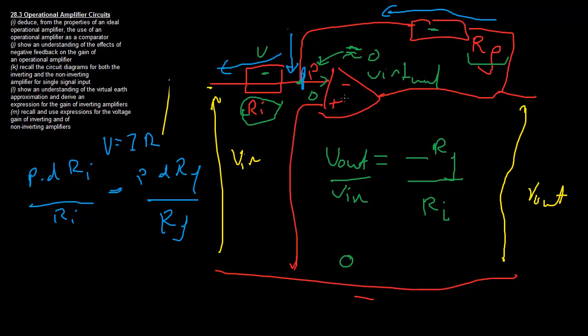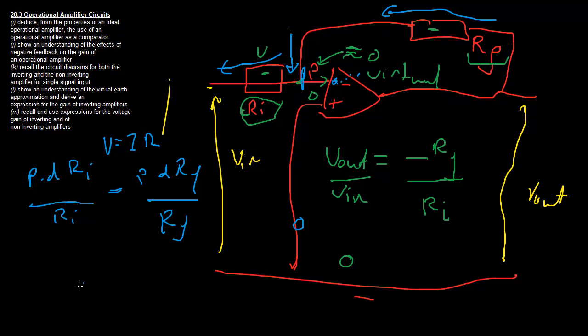The argument commonly used, which I'm not completely in favor of, but it makes a bit of sense, is that because the gain of this operational amplifier is so high, 10 to the power 5, and the non-inverting input has a voltage of 0, the inverting input must have a value very close to 0 in order for this to work. So that even if the difference is very little, there's still a large output coming out from here. Because the non-inverting and inverting inputs have to have a small difference, and the non-inverting is 0, the inverting is approximately 0. So that's a supposition of why